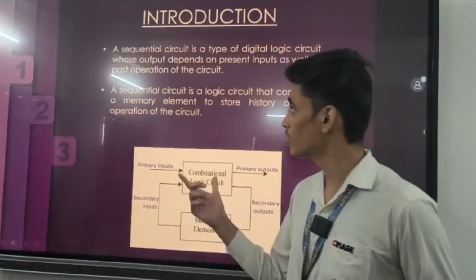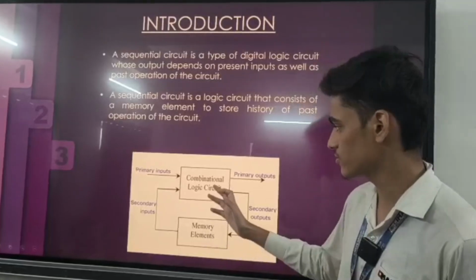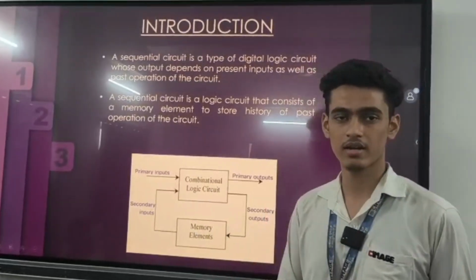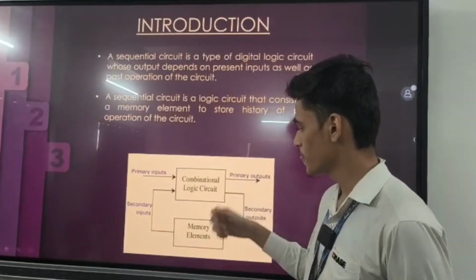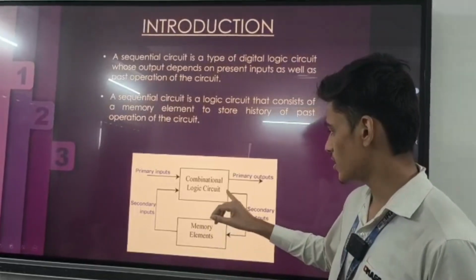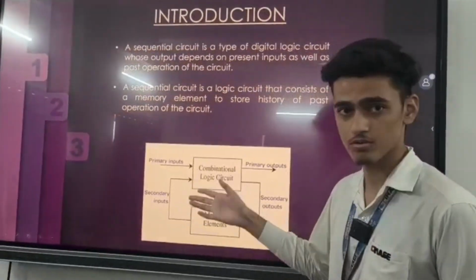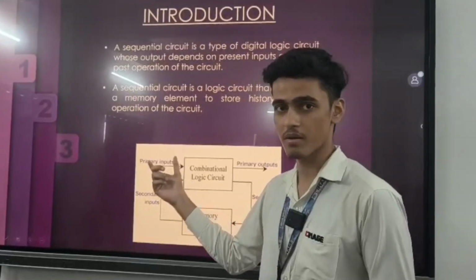And here is the diagram of a sequential circuit. It is a combination of two components. The first one is the combinational circuit, which is a series of interconnected logic gates like AND gate, OR gate, NOT gate that does the processing task to generate the output. And the second component is the memory element. Here you can see the output is getting stored in this memory element and it is used as input for any future operations. So this input is the secondary input and the present input is known as the primary input.